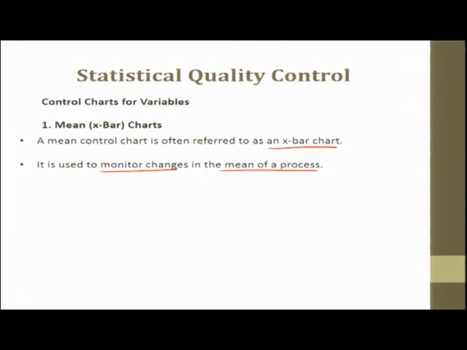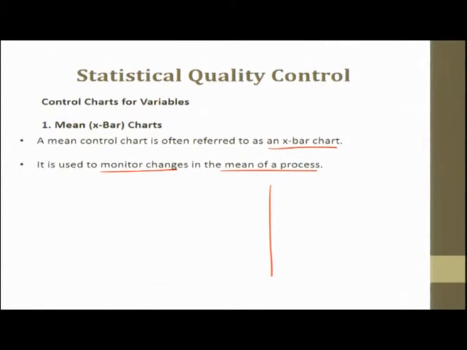To construct a mean chart, we first need to construct the center line of the chart. To do this, we take multiple samples and compute their means. Usually these samples are small, with about 4 or 5 observations. Then each sample has its own mean. The center line of the chart is then computed as the mean of all the k samples, where k is the number of samples. I will take an example to explain this.